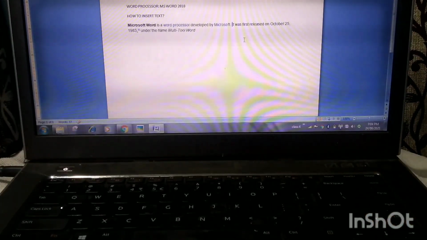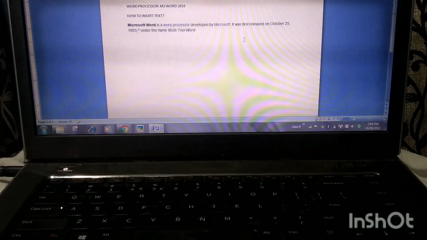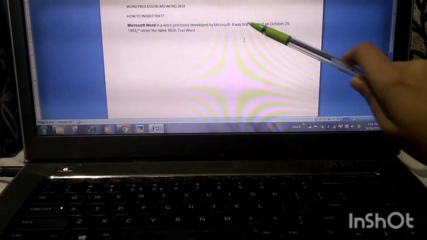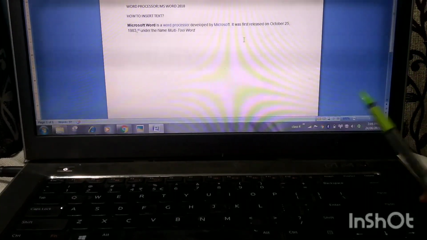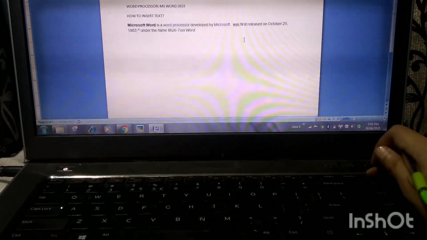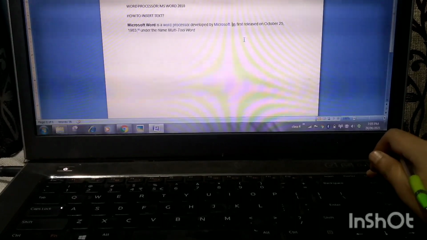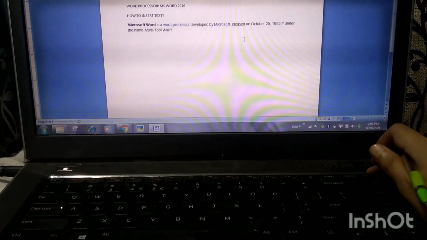Now the right side of the insertion point, I already told you, you need to press the delete button of the keyboard. See, this one is the delete button. When you are required to delete a text that is on the right side of the insertion point, you need to press the delete button. See, I am pressing it. You are able to see that the text on the right side of the insertion point gets deleted when we press the delete button.